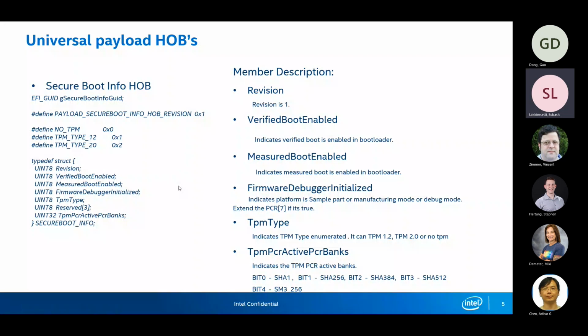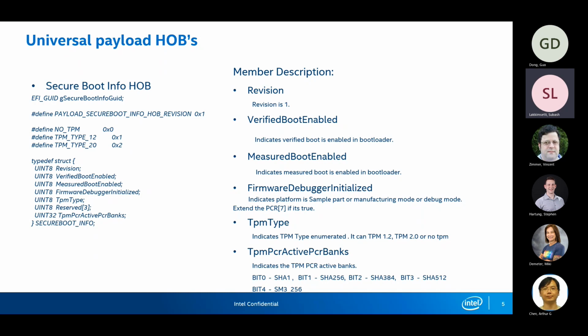Whatever the universal payload is, these are the proposed HOBs for the universal payload. When the bootloader is passing the information, we expect that the bootloader is doing the verified boot or measured boot.